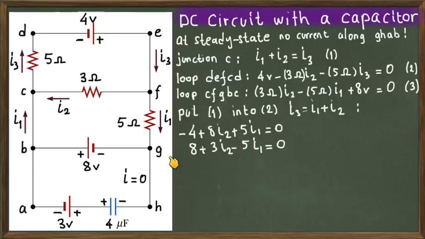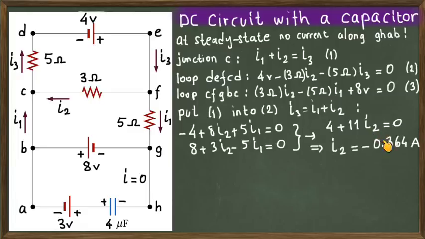If you add these equations side by side, you see that on the left hand side of the first there is plus 5I1, and on the left hand side of the second equation we have minus I1. So if you add these 2 equations side by side, you eliminate the I1 terms. Then you are left with only I2, which is 1 equation with 1 unknown, so it is very easy to find I2. You find I2 as a negative quantity. It's minus 4 divided by 11,